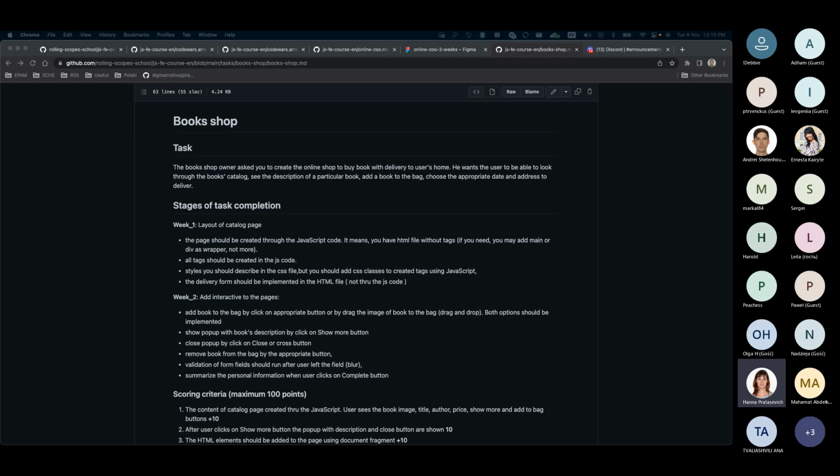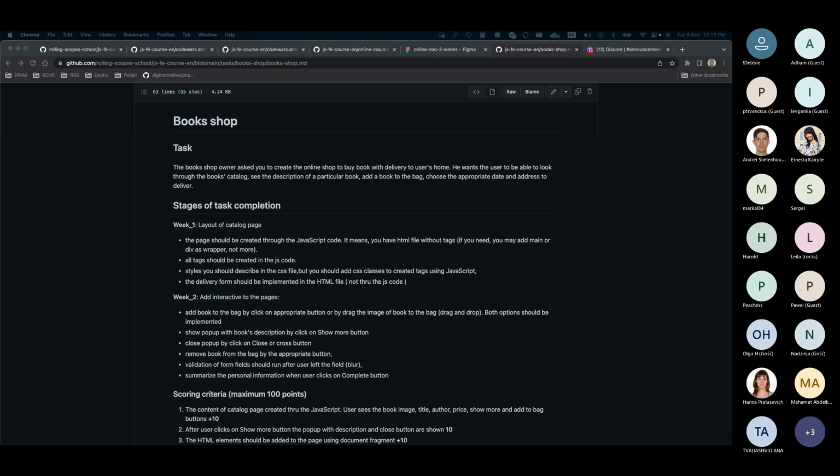When you're working with the catalog page, you're working through JavaScript. When you're working with the form, the delivery form, I mean, you're working in a classic way. So you add your classes in the HTML file. Okay, great. You add your layout in the HTML file and so on.